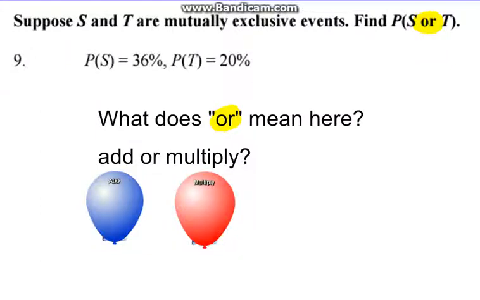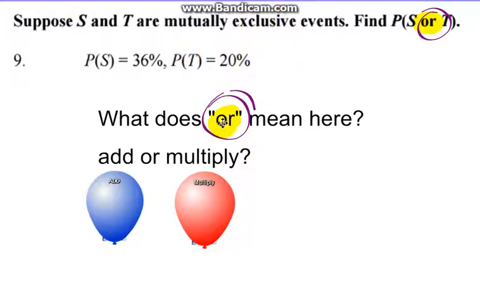So for number 9, suppose S and T are mutually exclusive events. Find the probability of S or T. So the probability of event S is 36% and the probability of T is 20%. So when we see the word or in these probabilities, we need to think, what mathematical statement does that transfer